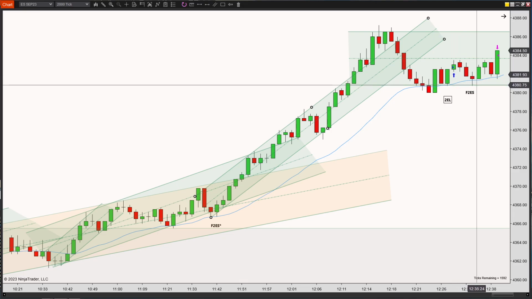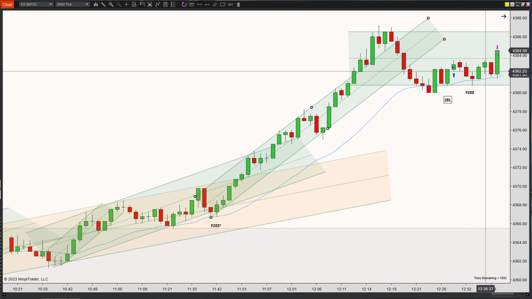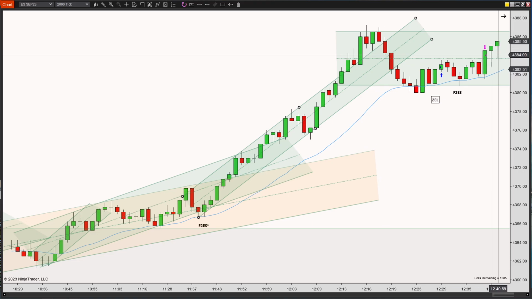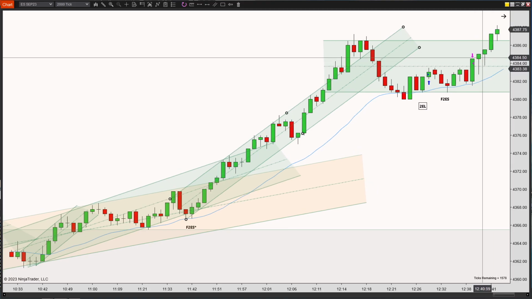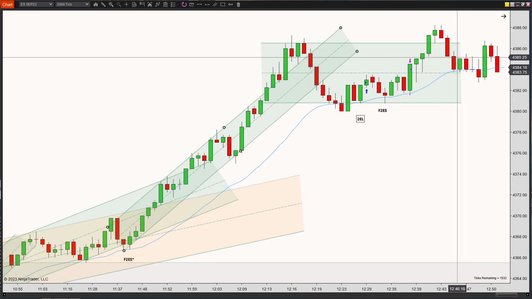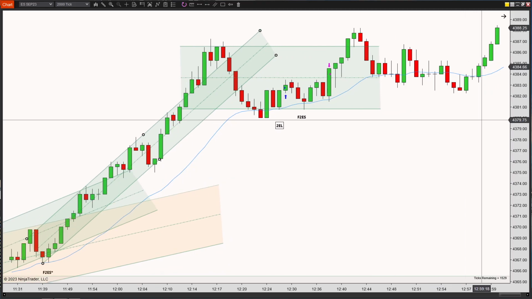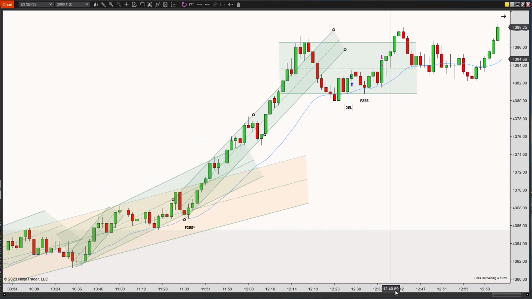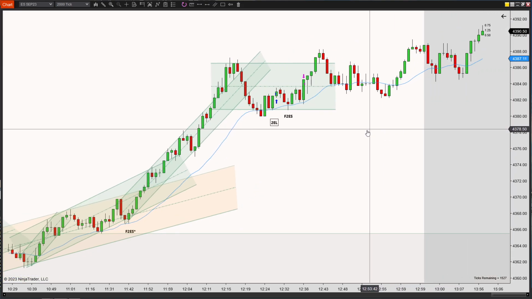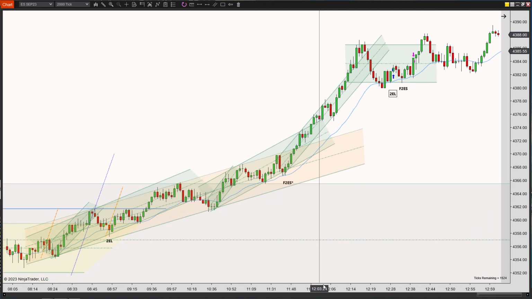Now, I could have gotten stopped out because my stop was right down here, and I was, in a way, lucky that it came down. I trusted the power of the EMA, and it came back and gave me a profit. Prices continue moving up. And from here, I'm definitely not taking any more trades because it's too late in the day. This trade itself was late in the day, and it was a very slow forming day. The prices just go into the close, and it closed at the high. So that's how I saw the charts today.